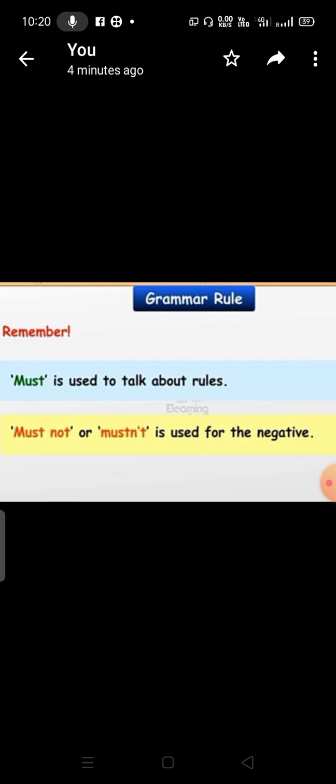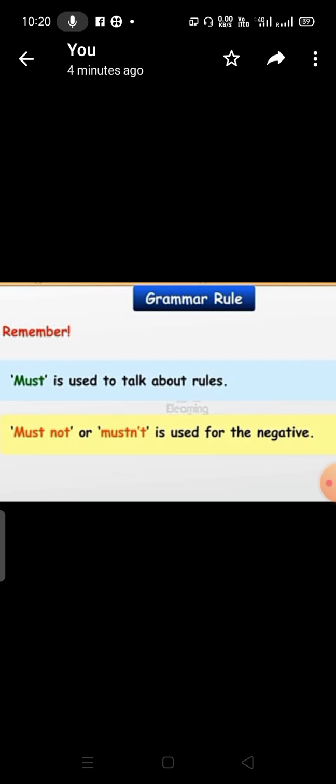We use the if we talked about the thing before, meaning we are talking about it for the second time or next time. Instead of the noun we are using the there. Okay, it's our chapter 1 grammar, and chapter 1 writing is writing an informal letter. And come to chapter 2. Chapter 2 grammar is countable and uncountable nouns.